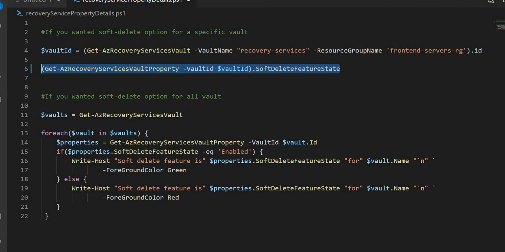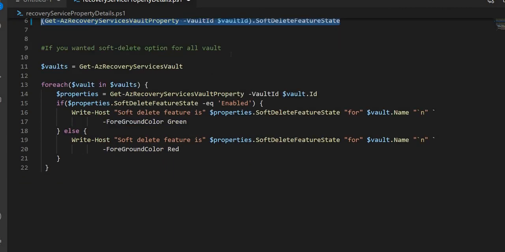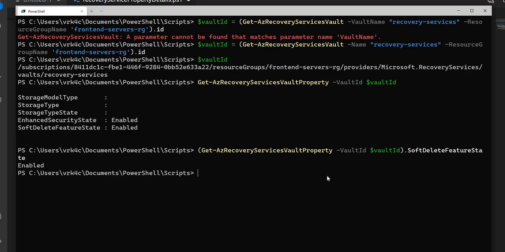If you have multiple Recovery Services vaults and you want to get all those details, first we get that subscription. So you'll get all the vaults here. Initially I took just one vault name and asked to get those details, but here I'm asking for whatever vaults are there in the subscription. When you do this, you will have all the vaults.